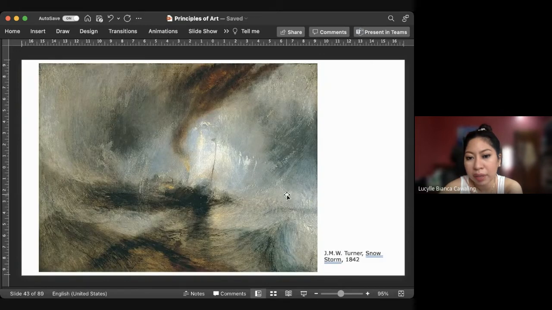And then this one naman by J.M.W. Turner, Snowstorm. This was made by a technique called scumbling. Scumbling is when you use a dry brush, meaning a brush that is not wet, and you put paint on the brush and the effect would be wispy. Then you put it on the canvas. So that is what you call scumbling.